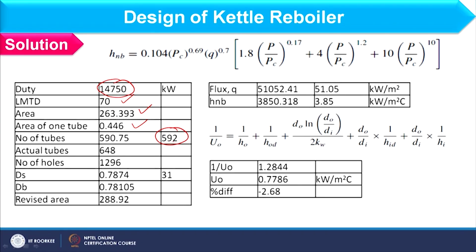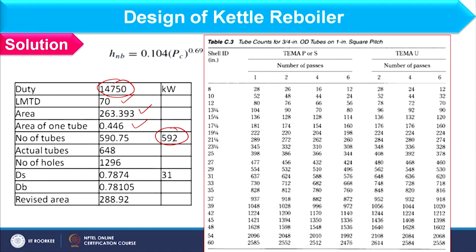And the actual tube count we can find from this table, where if you see table C3, there the OD of the tube is 3 by 4 inch and 1 inch square pitch is given. So, this is as per the problem given to us. Now, the number of tubes is 592. If you see, 592 is not available, the next value is 648. So, this would be the actual tube count, and corresponding to this 31 is the shell dia, and dB is basically 31 minus